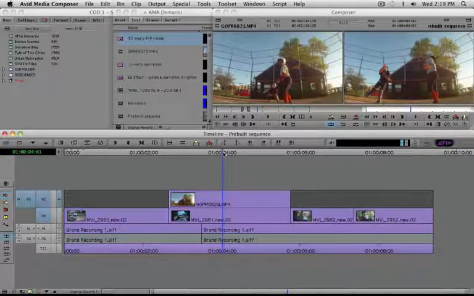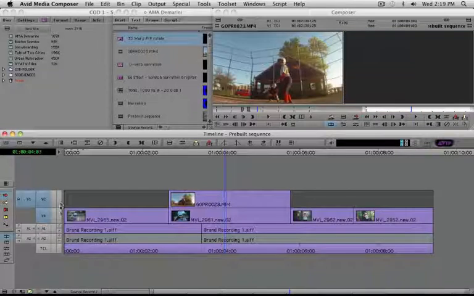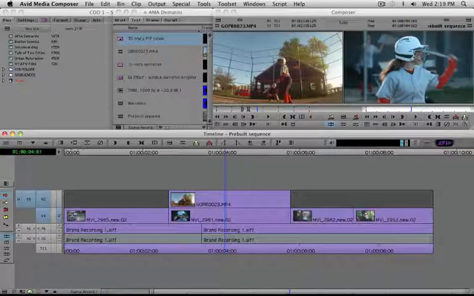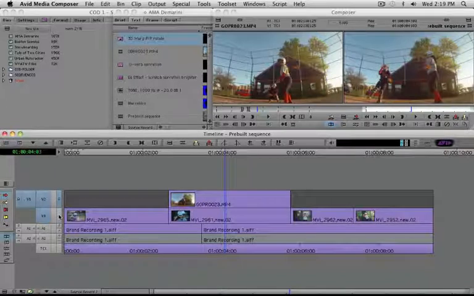You're not working in the source monitor. You're not applying effects seemingly in a viewer window. All the effects occur in the sequence window. The way that effects work is pretty simple. For example, here I've got a 2-track effect. You can see on track 1, this is the girl swinging the bat, and track 2 is this low angle shot of the batter. And if I want to create a simple picture-in-picture effect, well, how do I get to